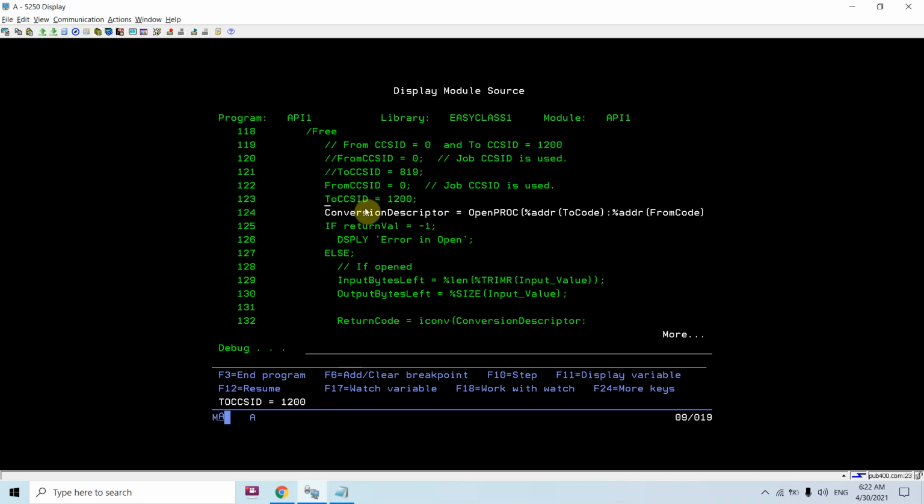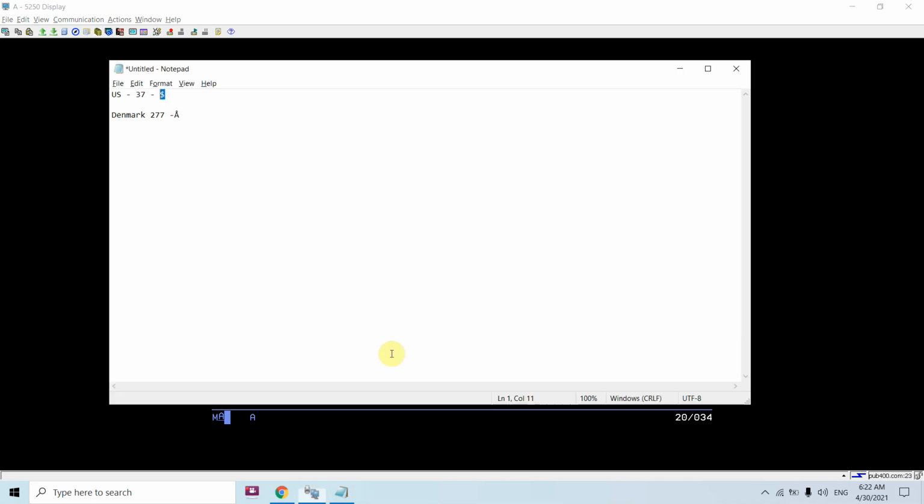Now to CCS ID, let's change this. So if I change this to CCS ID 277, which is for Denmark, in Denmark the same character will be represented as this.